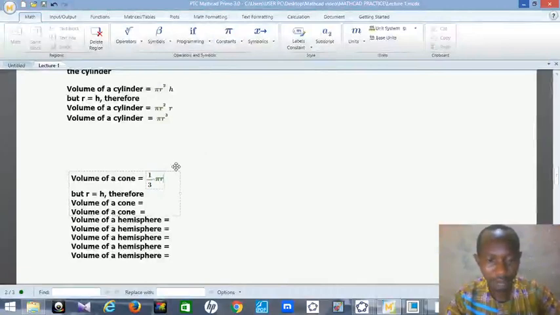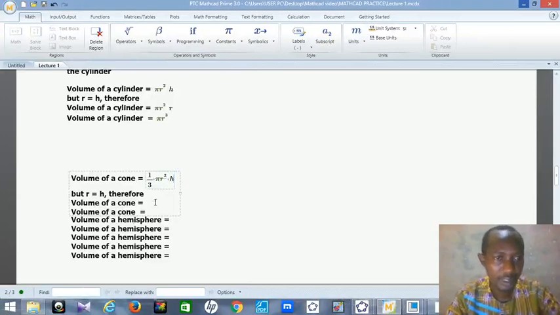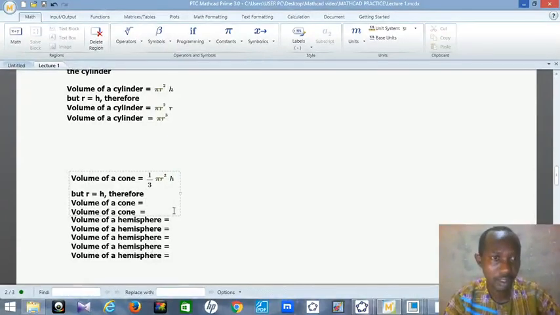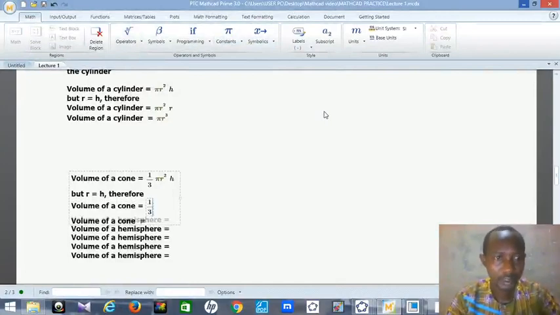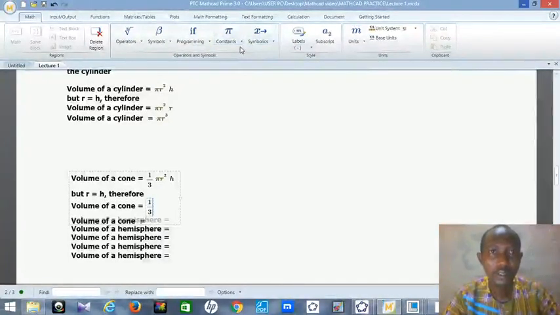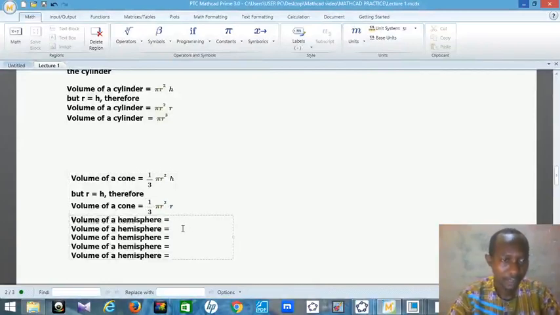cylinder, pi r square times h. But remember our condition, the radius must equal the height. So therefore, we are going to get the volume of a cone as 1 over 3 pi r square times r. Then finally,